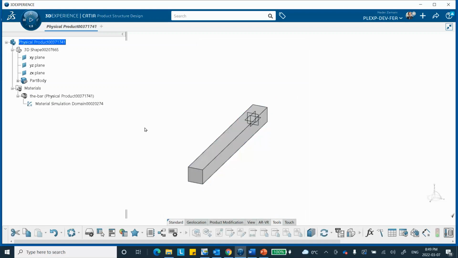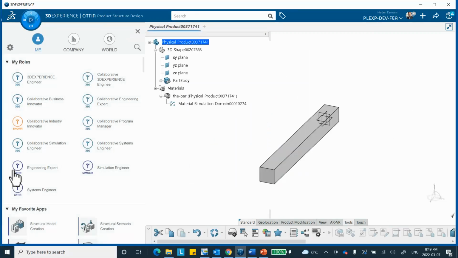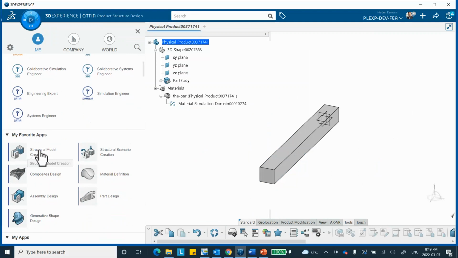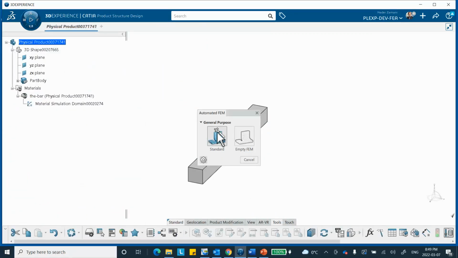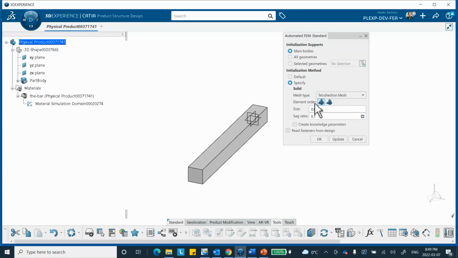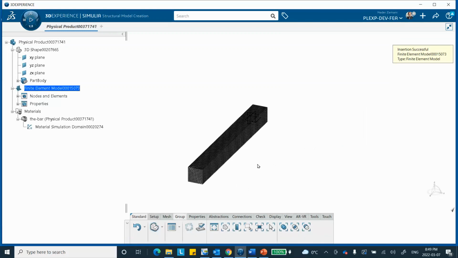Okay, good. Now we're going to create our mesh. So structure model creation here. Let it do automatically for us. I will make the size of each element, I don't know, see the cross section was 2 centimeter by 2 centimeter. So let's make it 2 centimeter to see how it looks. If it's too fine, I'm going to, oh yeah, that's too fine. Okay, so let's go ahead and make this